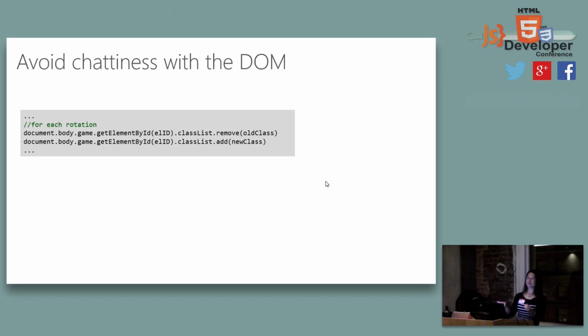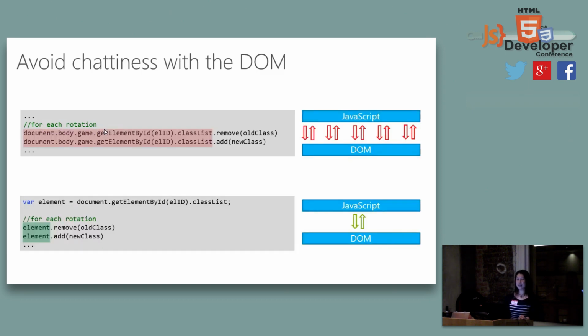So what I'm doing here is, for each rotation or loop, I'm doing a bunch of document.body.getElementById, the classList, remove the class, add a class. When I did that, I didn't really realize these 2 statements would be running so many times. And do you know how expensive it is every time you run this operation? Every single one of them, document.body, every time you put those things into it, it will create a new DOM. It will append a DOM. Do you know how slow it is? It's very, very slow, right? So you have to be careful.